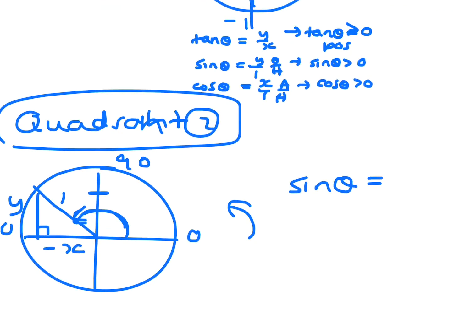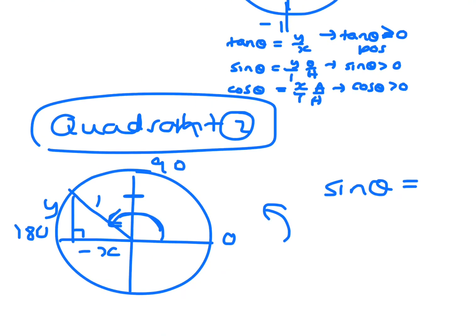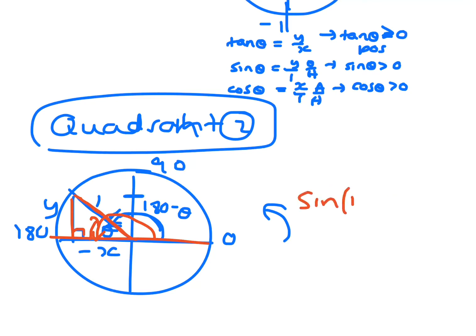Now, just one other thing too. On this one here, the angle is just theta. With this, it's like having 120. The little acute angle that matches it would be 60. So we say in that quadrant, it's actually going to be 180 take away theta. Theta's just the little acute one here. And this here is 180 minus theta because that there is just a straight line. To get to the actual angle, you go 180 and take away theta, and there you go, you're at that line there. So instead of writing sine of just theta, it's really sine of the obtuse angle,